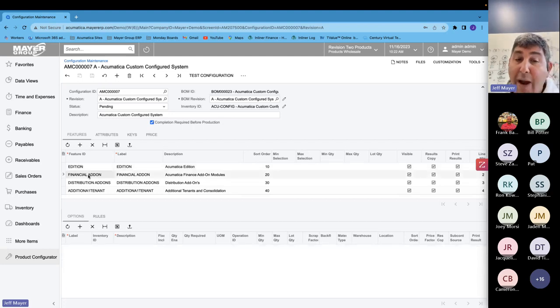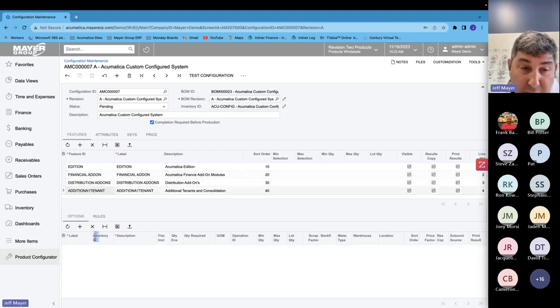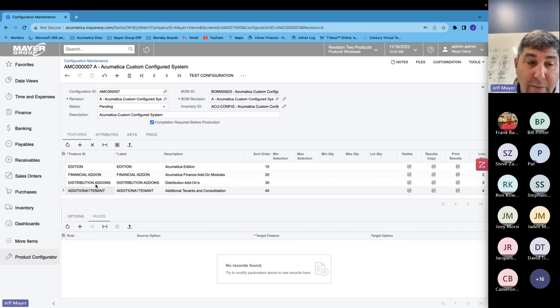Then I asked for add-ons. The general business edition distribution doesn't come with these modules. They're optional. And I gave a list of some optional finance modules, distribution modules, right? Tenants. How many companies do you have? And there's a lot more that we could do with this. It was simply something that I wanted to play with a bit for today and show you, and also show rules. So you will definitely see some rules around these, and you can see some validate rules and some other